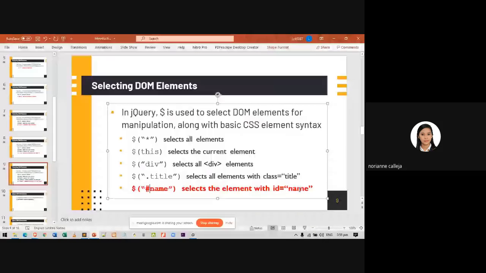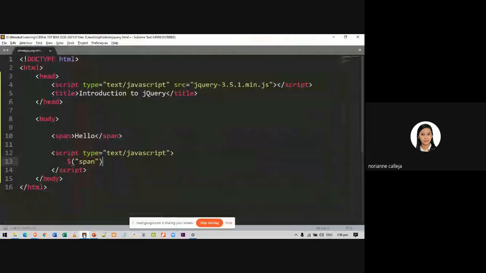So for us to select it, we use dollar sign followed by pound and the name of the ID, then enclose it with double quotations and parentheses. So let me give you an example for that. I will be putting here ID, for example ABC. Its ID is ABC.